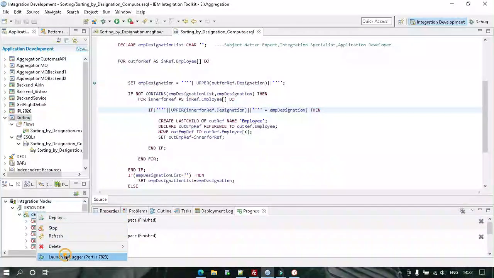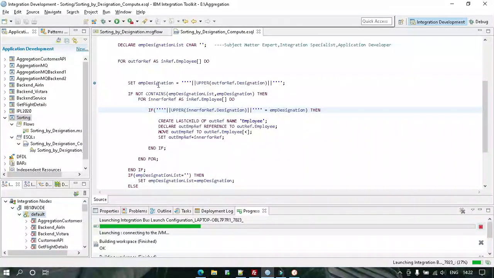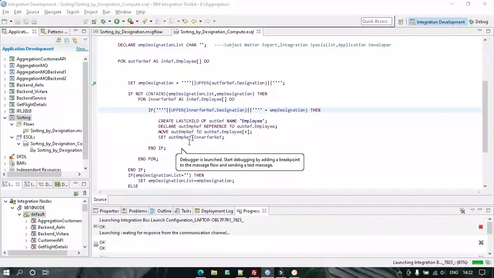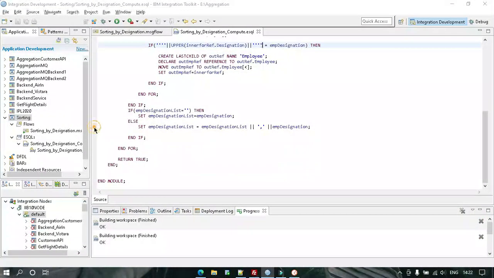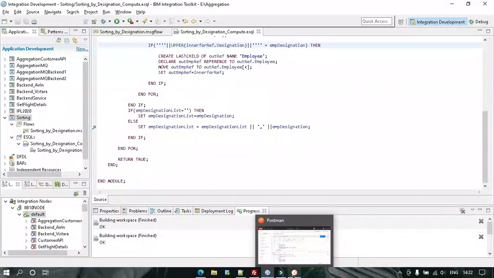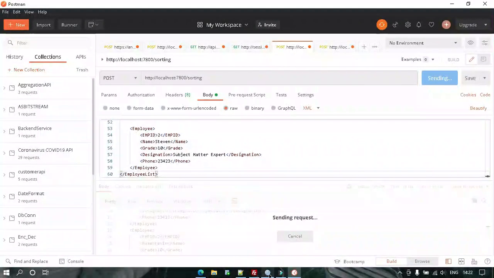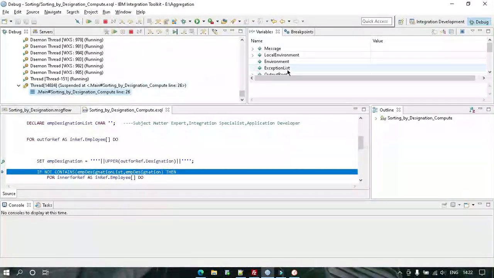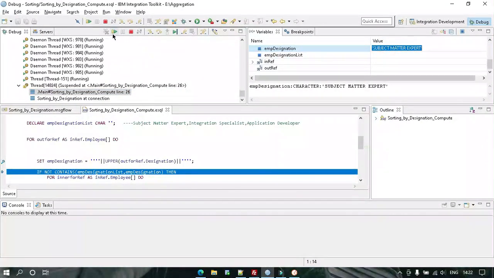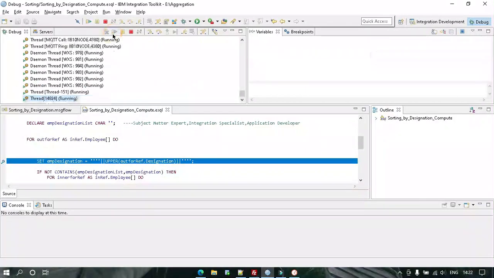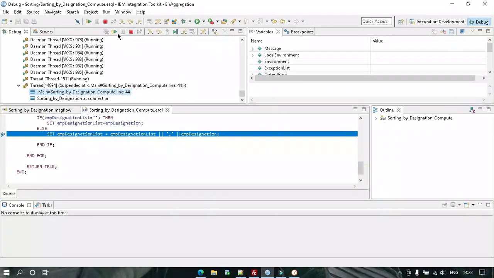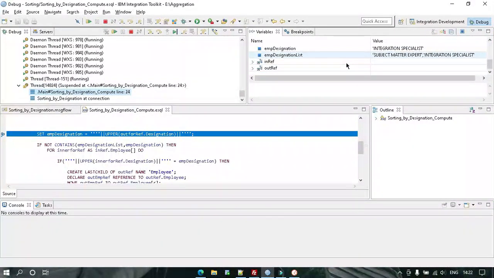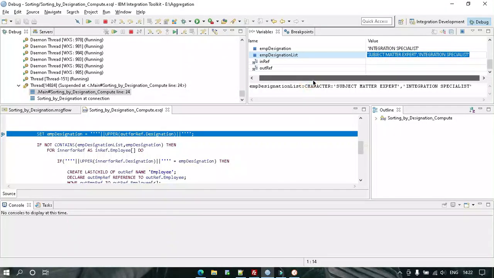So if I debug, we can see the value of EMP designation, and also we can see the value of this list. See, now it is coming within single quotes. Let's go to the list. Now the list is getting executed.